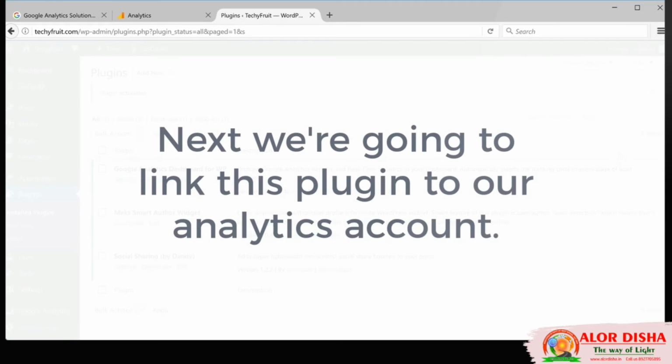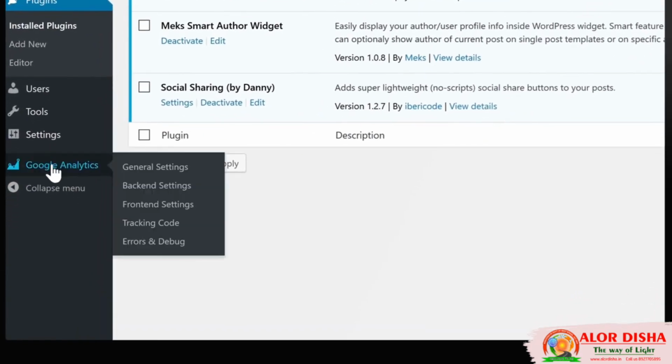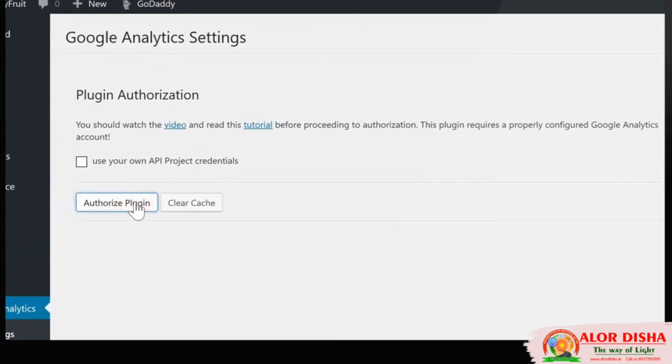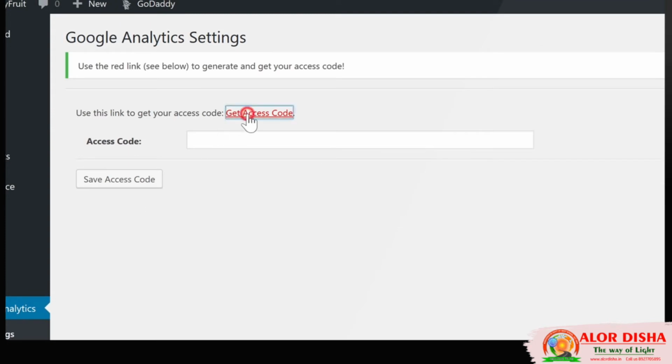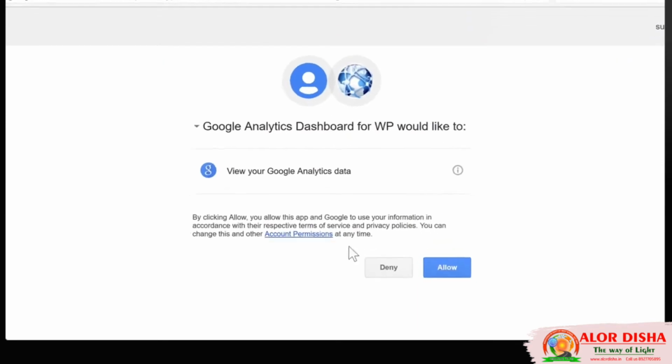Next, we are going to link this plugin to our Analytics account. So after this plugin is installed, you'll see a new item called Google Analytics. So just go there and click General Settings. Now click Authorize Plugin and then click Get Access Code. Now Google will ask for your confirmation. So let's click Allow